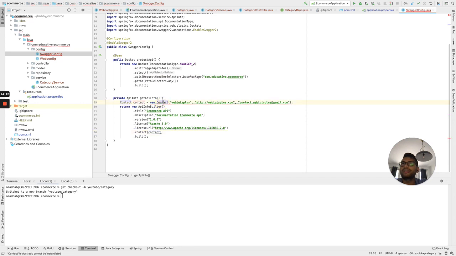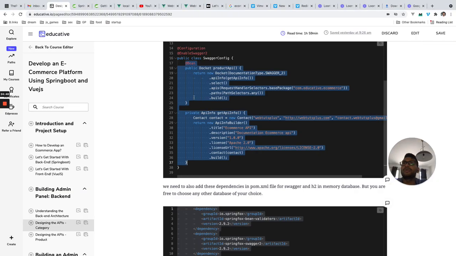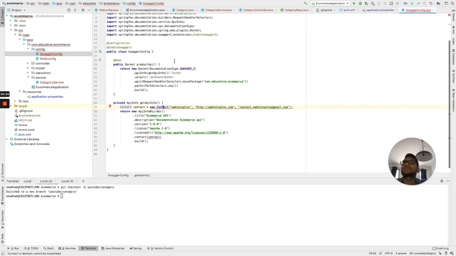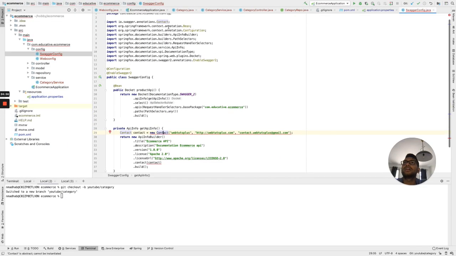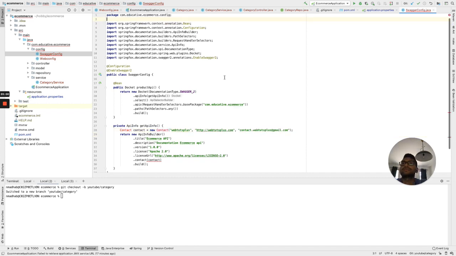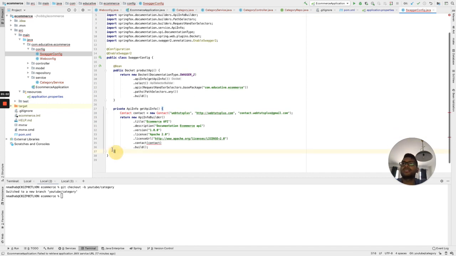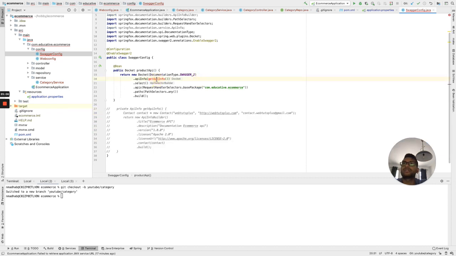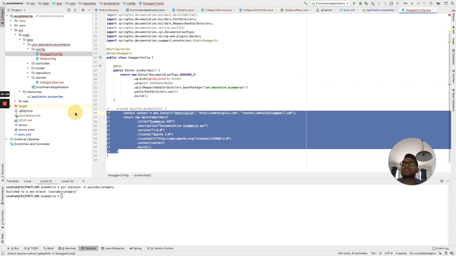Why are you getting this error? Let's see, maybe we have a different contact, like documentation service contract, and we have a different contact here, so that is not okay. I think we don't need it as of now. We can comment it out, and it should still work. No, we need it.